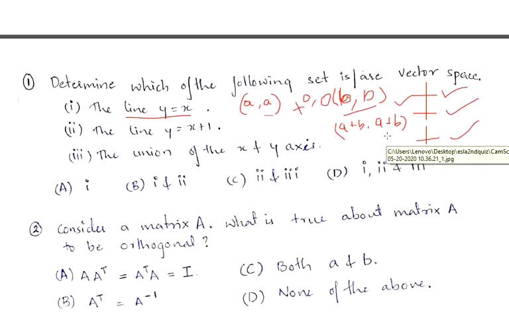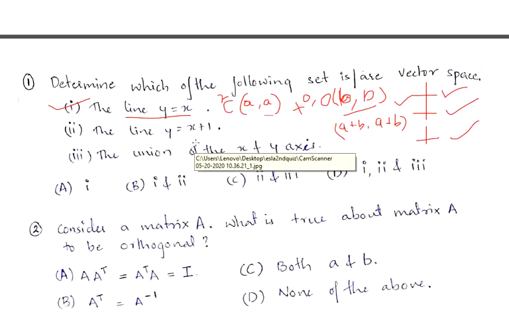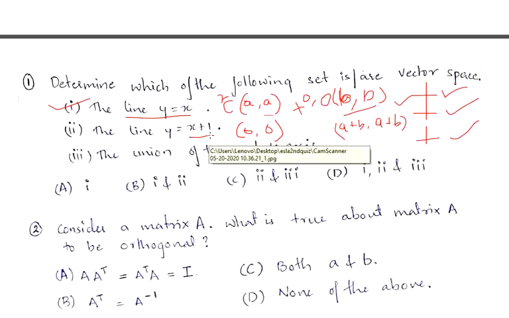And coming to scalar multiplication, try to multiply a comma a by c, then it will become ca comma ca. Suppose c is 2. So 2a comma 2a means x is also 2a and y is also 2a. So all the three conditions are satisfied. So line y is equal to x is a vector space. Coming to line y is equal to x plus 1, directly you can understand that 0 0 is not included here, right? Whenever the x value is 0, y is always 1. It is never 0. So the origin is not included, so this is not a vector space.